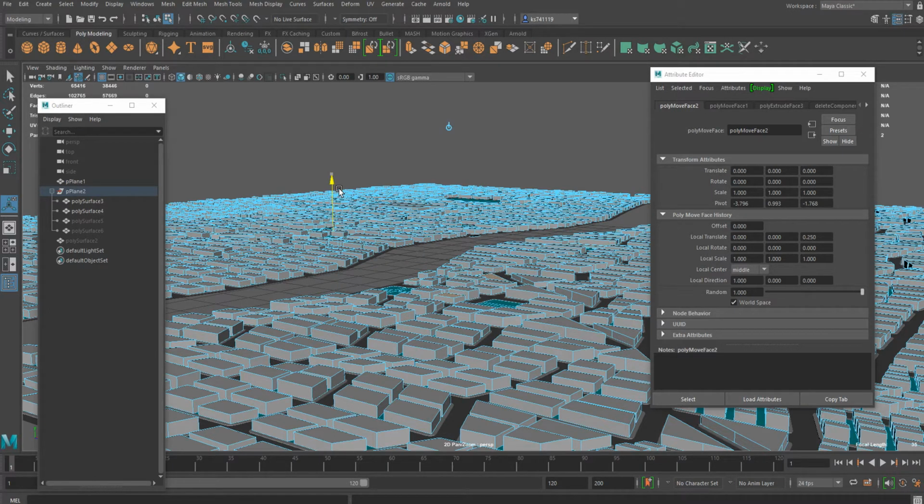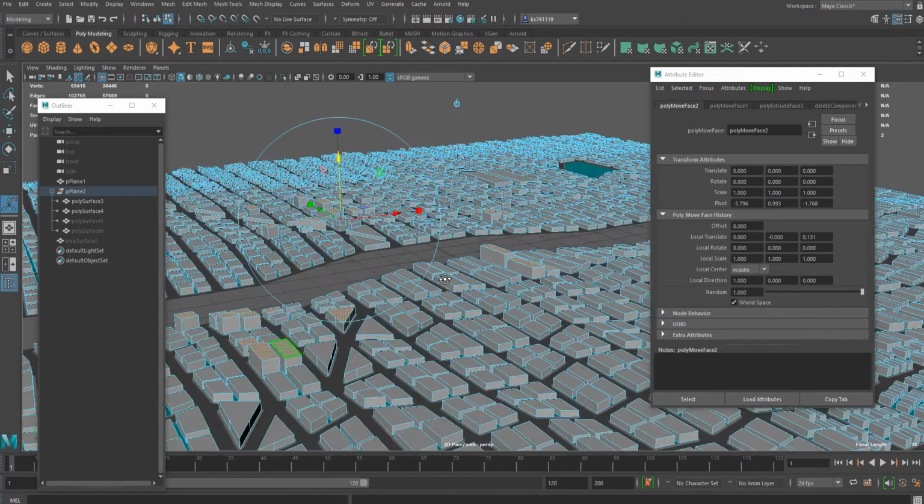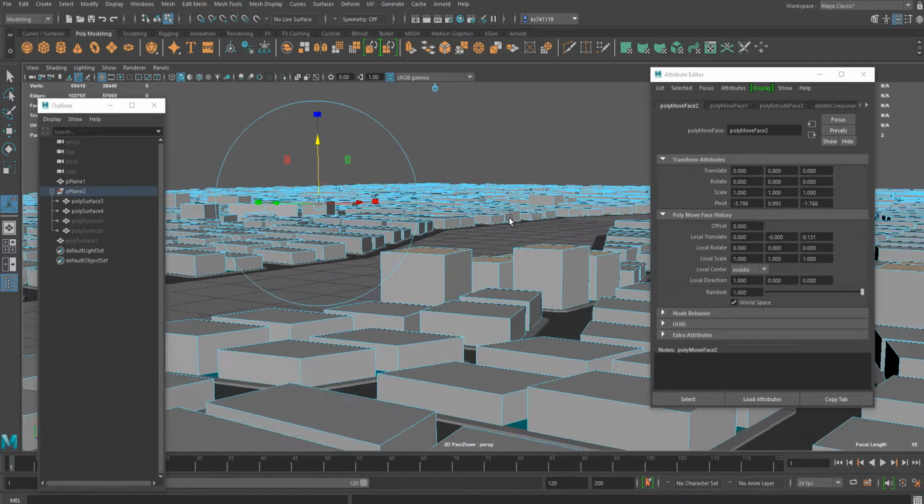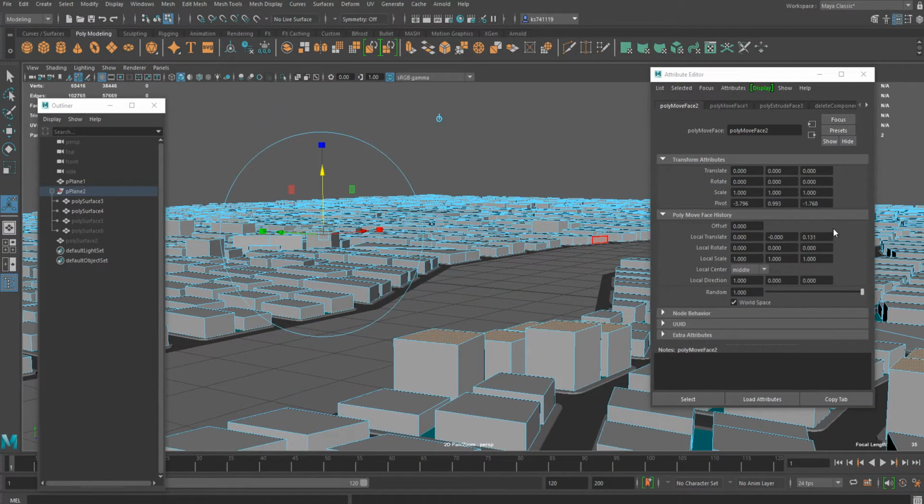Just a little bit. If your machine lags a lot, you can try to type it in manually in local translate, in this case